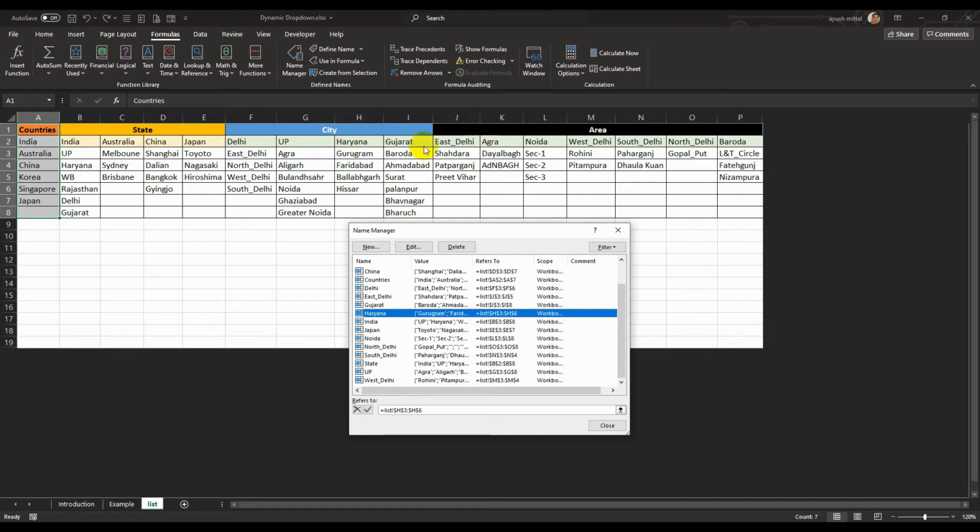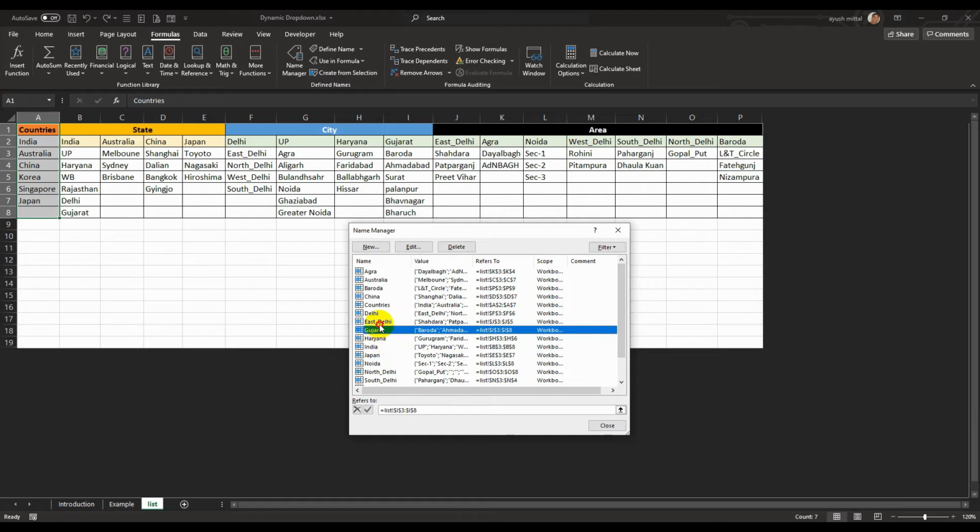Similarly, for a particular area, like in my city East Delhi, I have given the reference East Delhi. Then Agra, I have given the name Agra, Haryana, and Gujarat. These are my cities.